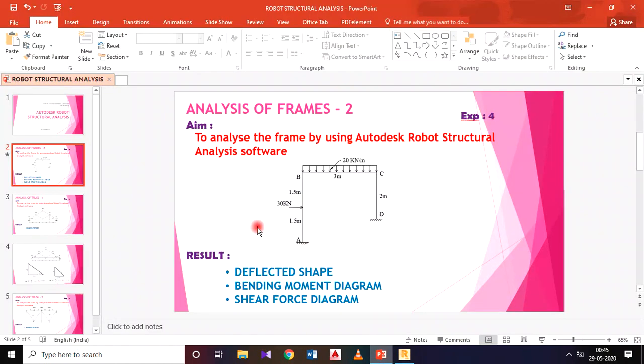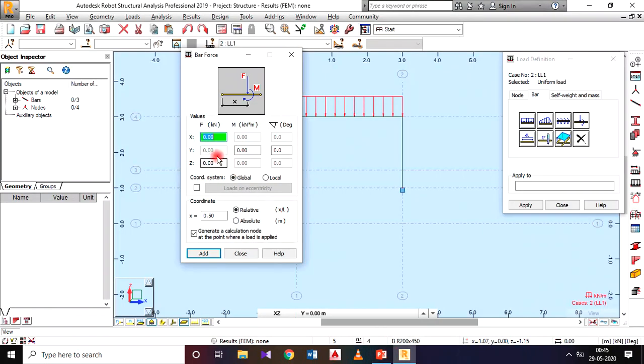Then for this point force, select this one. Then the intensity is 30 kilonewton, right? It is acting in the x-axis, the horizontal axis. For that 30 kilonewton, positive. Why positive? Because it is going to the right side, and it should be global. Don't set it in local. And the distance is 1.5 meter, should be absolute.